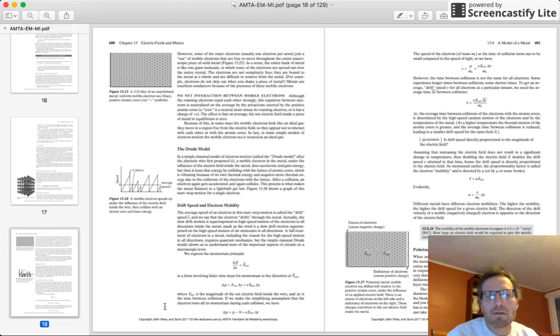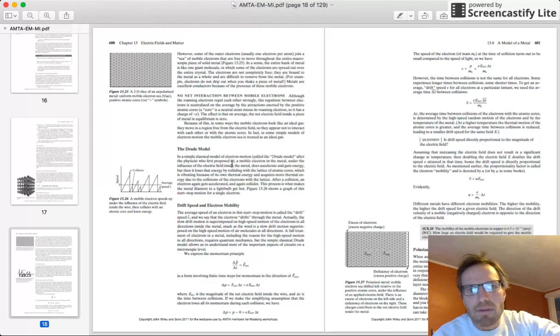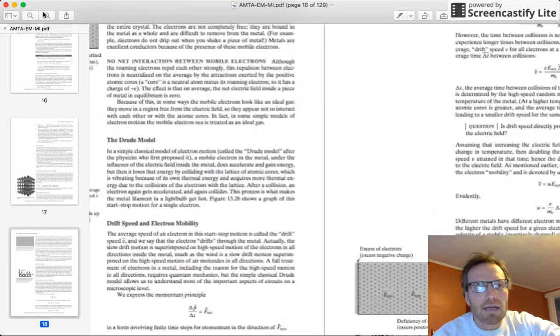So I would like to make another screencast regarding the reading. A few things: on page 600, the Drude model discusses the idea of drift velocity of electrons. It talks about the electrons as going through a series of collisions and then movements, and collisions and movements. And one thing based on this equation we can look at